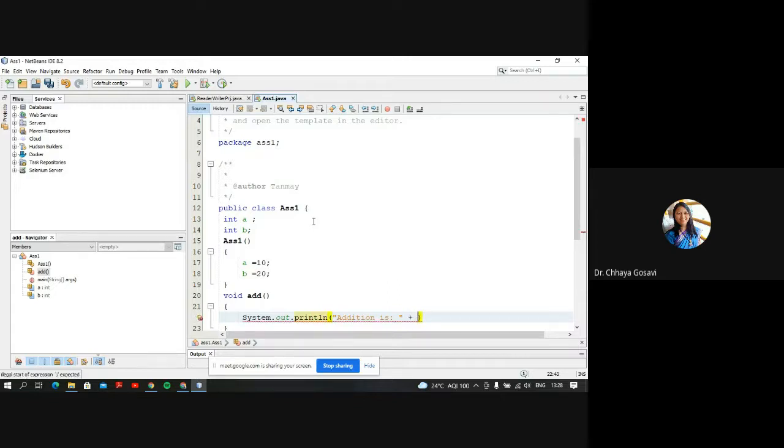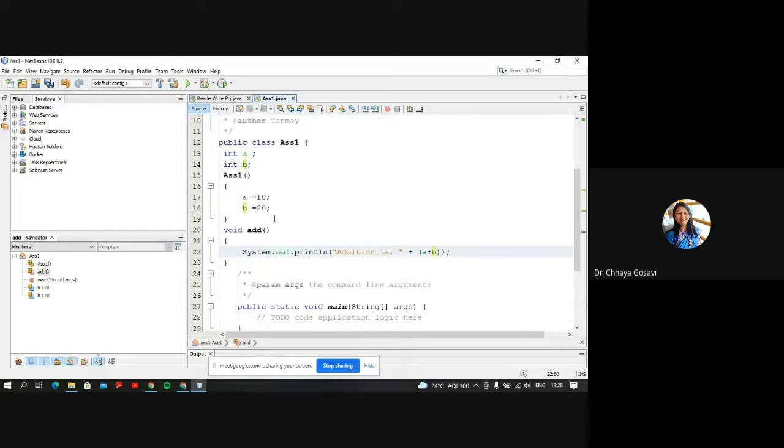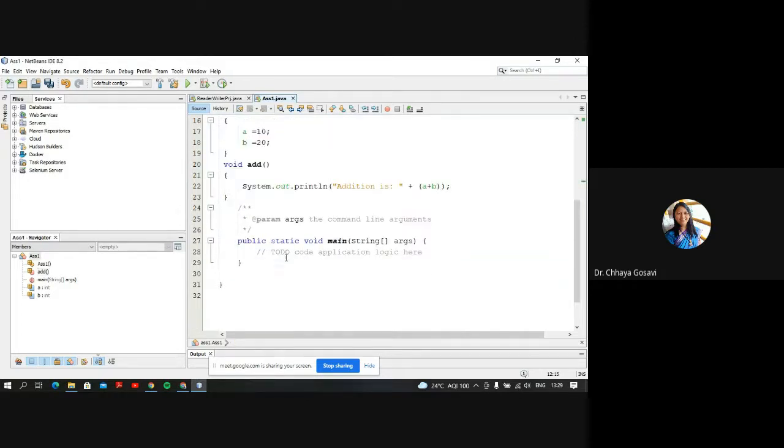Addition is here, I want to display a plus b. So a and b are accessible here in the add function, as it is a part of this class assignment 1. In main, I can create an object, a1 is equal to new assignment 1, and I can call the method add.